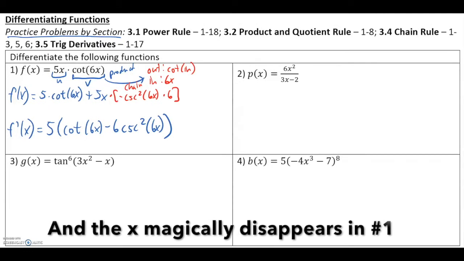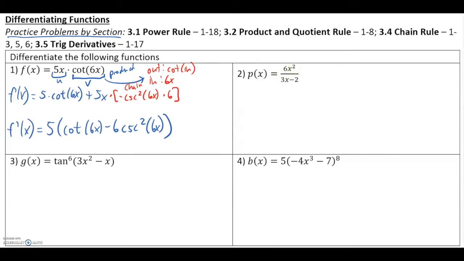In problem 2, p of x equals 6x squared over 3x minus 2. So this has to be a quotient rule problem. And so p prime of x will equal low d high, bottom times derivative of the top, 3x minus 2 times 12x, minus the top function, times derivative of the bottom, which will just be 3,